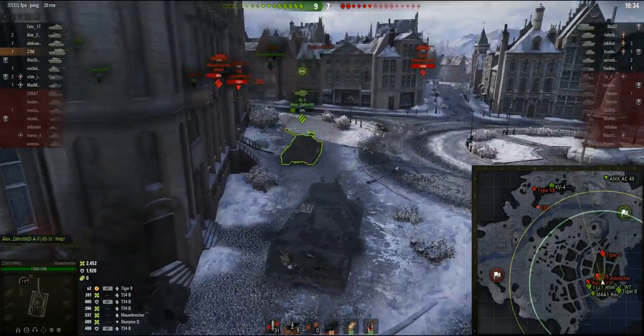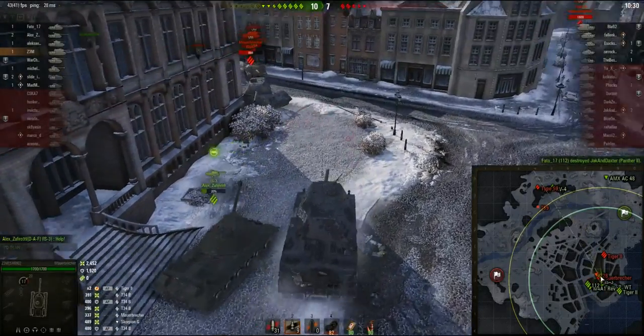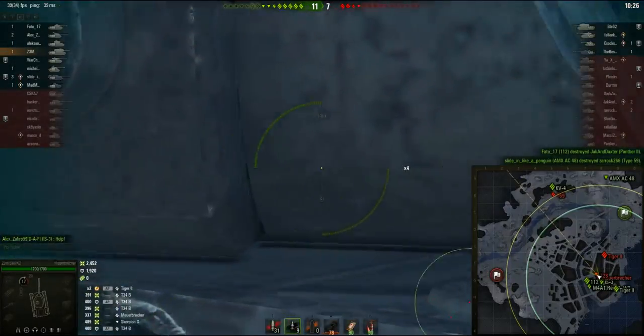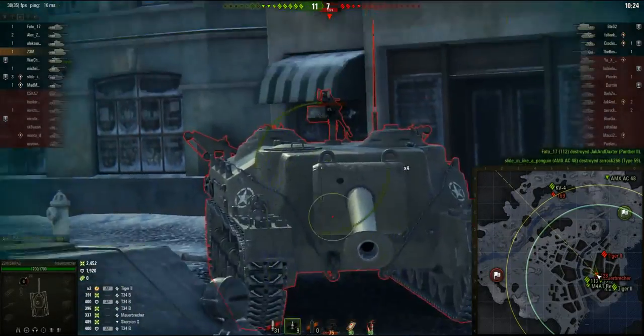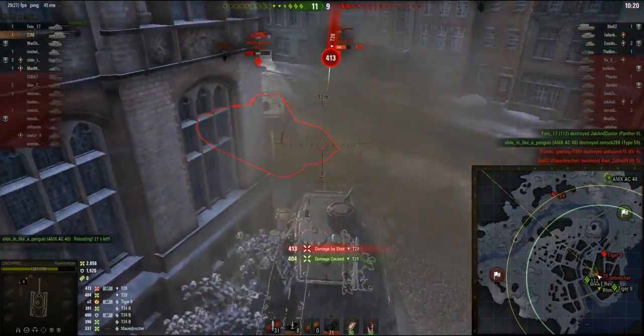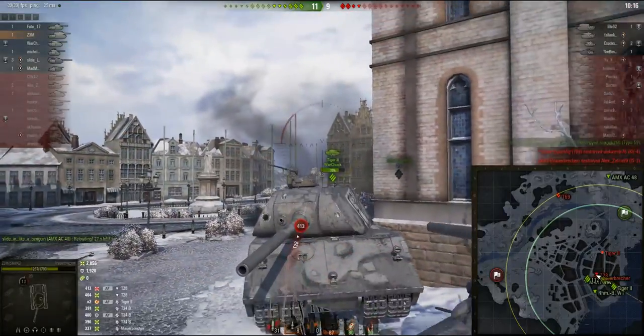So, I'm going to help this IS-3 out. He's almost dead. I push in here. I'm trying to save him. There we go. I got full health. I'm here to be literally a roadblock. So push it on here. Get the T-28 in the cupola. He pens me, no problem. Right through the,